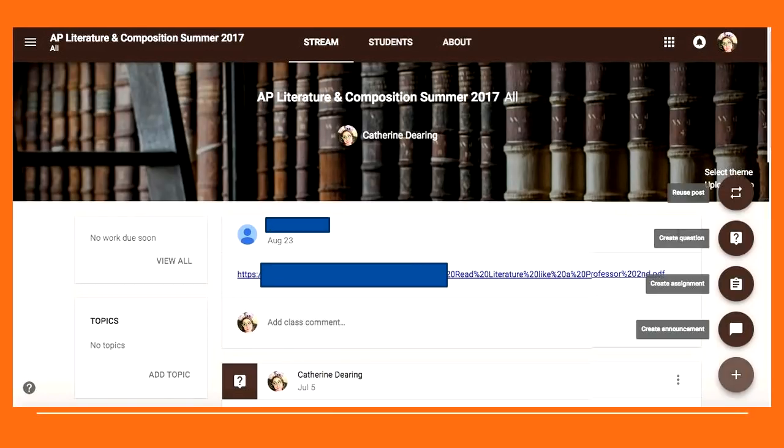On that little arrow on the bottom, I tried to line it up as best I can. I don't know if I actually succeeded, but it gives a little pop-up menu for you. So whatever you want to do, do you want to create an assignment? Do you want to ask a question? Do you want to recycle a post that you've done before? And it gives you all of those very easy to